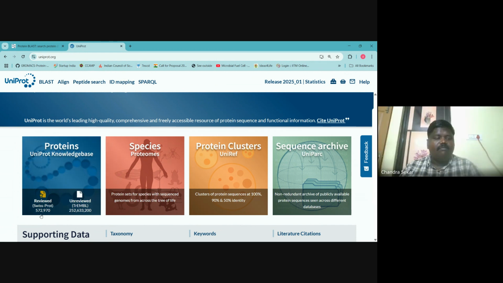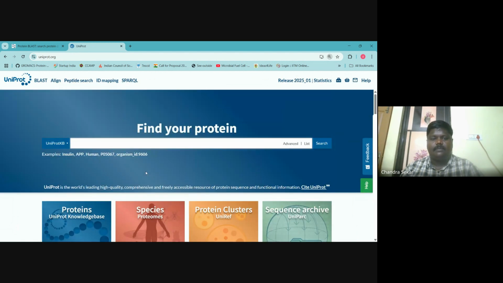Nearly 5 lakh sequences are there in SwissProt, and 2 crores, or 20 million, sequences in the TrEMBL associated database. But these are unreviewed. We will go for the reviewed ones, the highly reviewed ones, where people have done annotations, adding information.